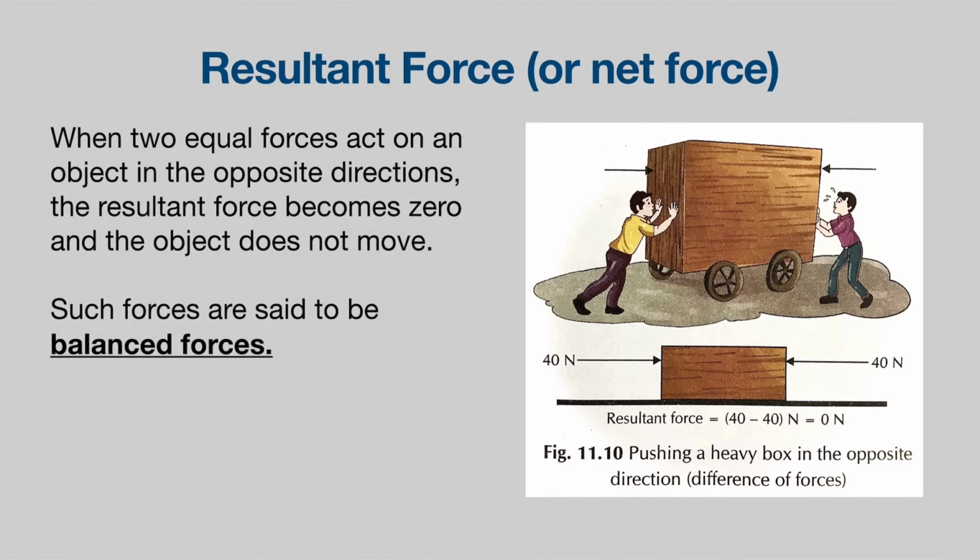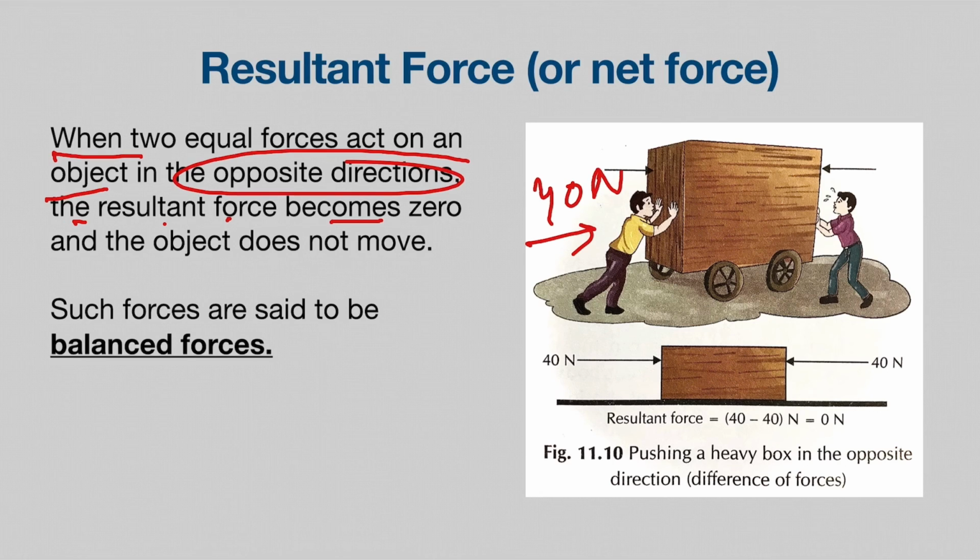Next we have: when two objects act on an object in opposite directions, the resultant force becomes 0. Look at this picture: this boy is applying 40 newton from this side, and that boy is applying 40 newton from that side. So obviously it is common sense, right? By applying simple logic, you will know that this card will not change its position because the forces are